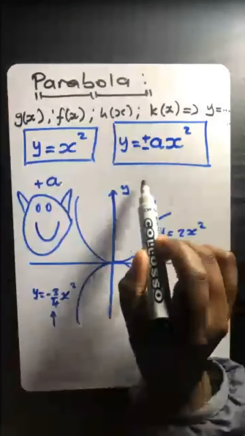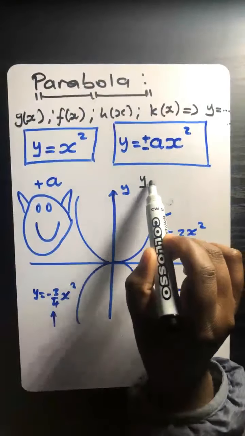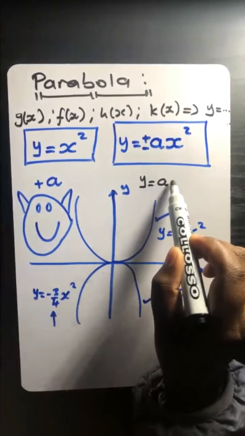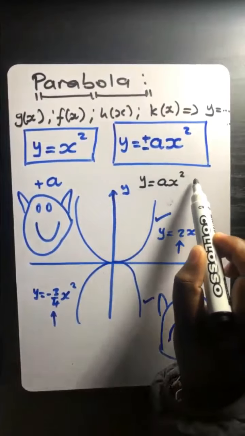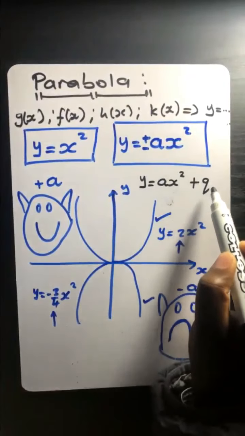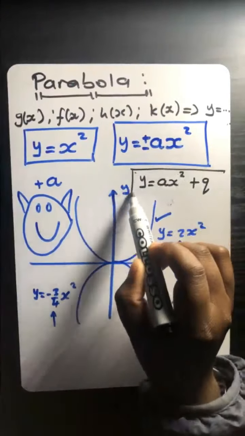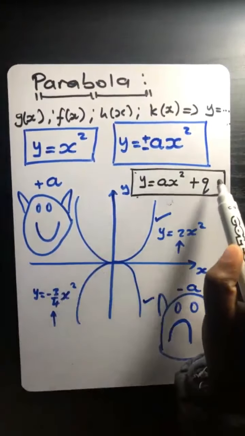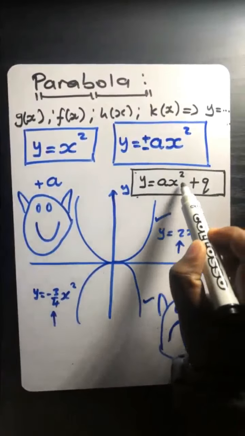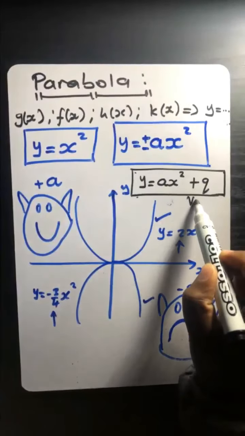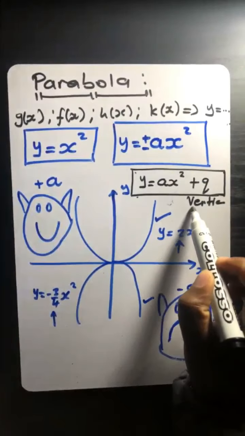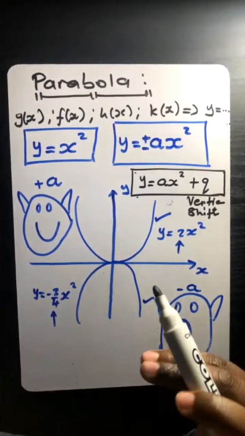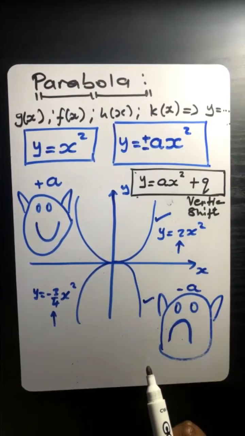This formula is now y equals a, positive or negative, x squared. So we have again that plus q, or c, over there at all times in all of the functions, guys. That influences the vertical shift. The vertical shift, ladies and gentlemen,